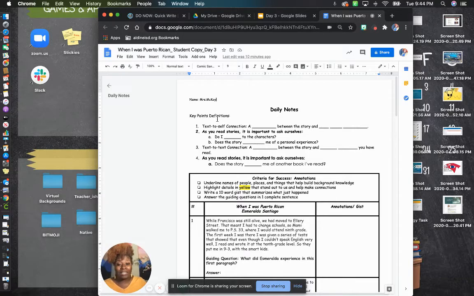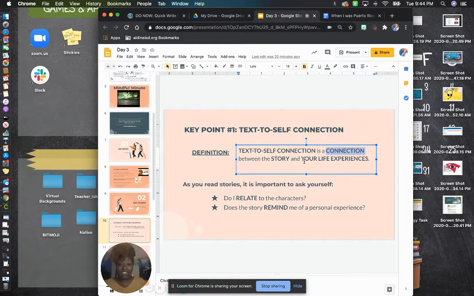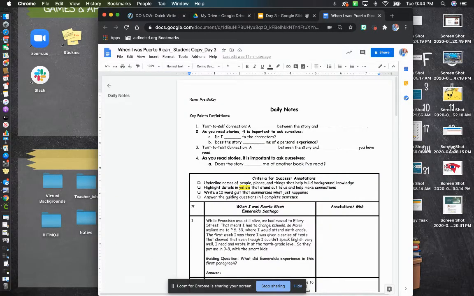They're bolded because you see the exact same format in your daily notes. So the key points definition says text to self connection, and it says a blank between the story and blank. We go back to the actual definition, and it says text to self connection is a connection between the story and your life experiences. So the answer is in the PowerPoint.